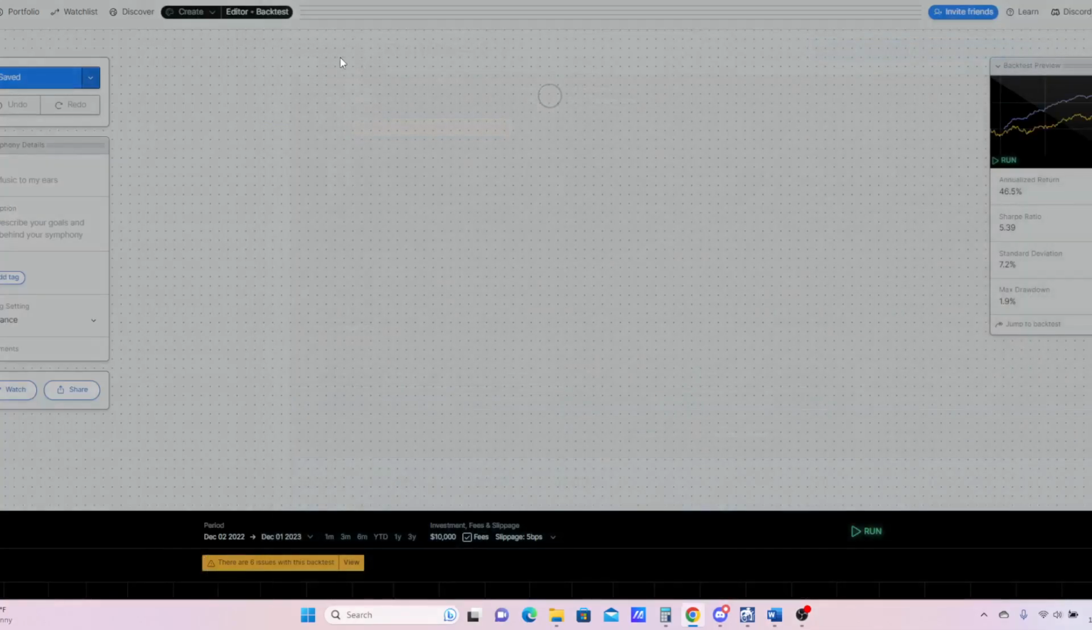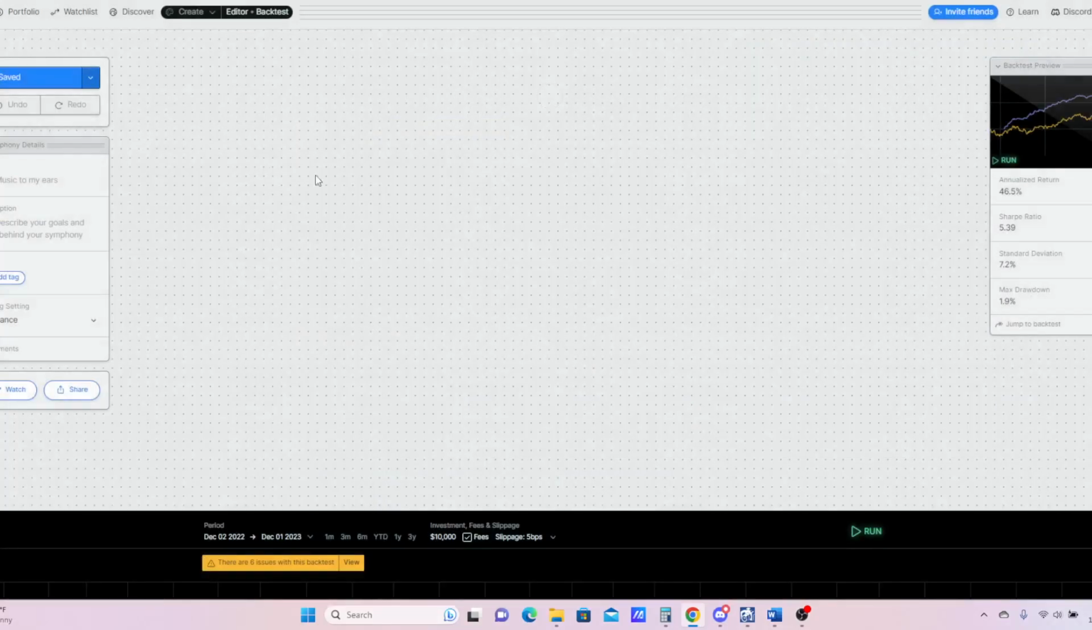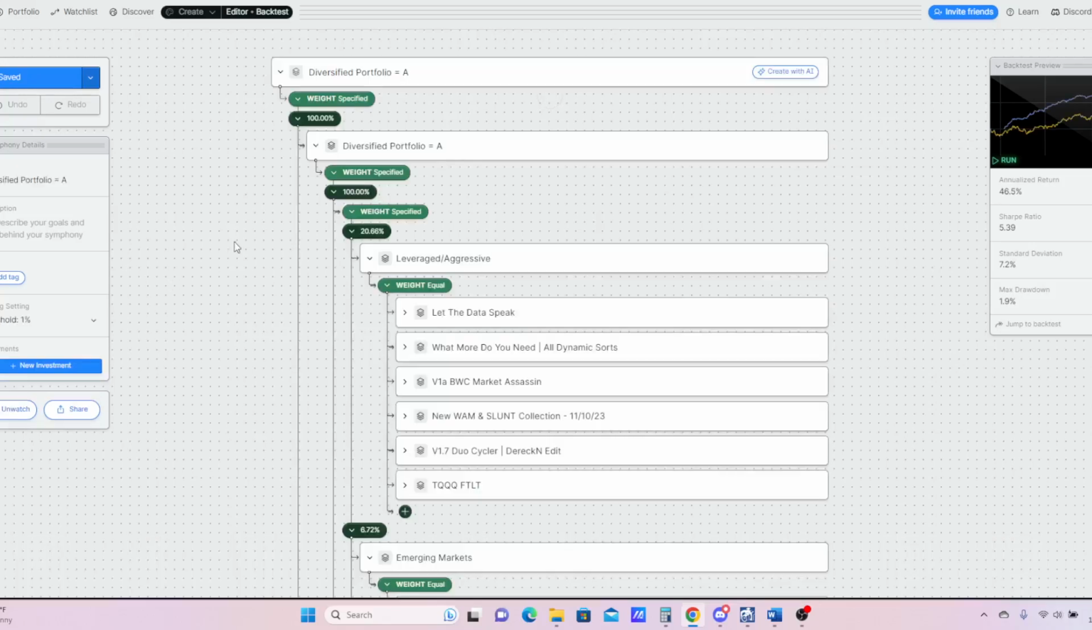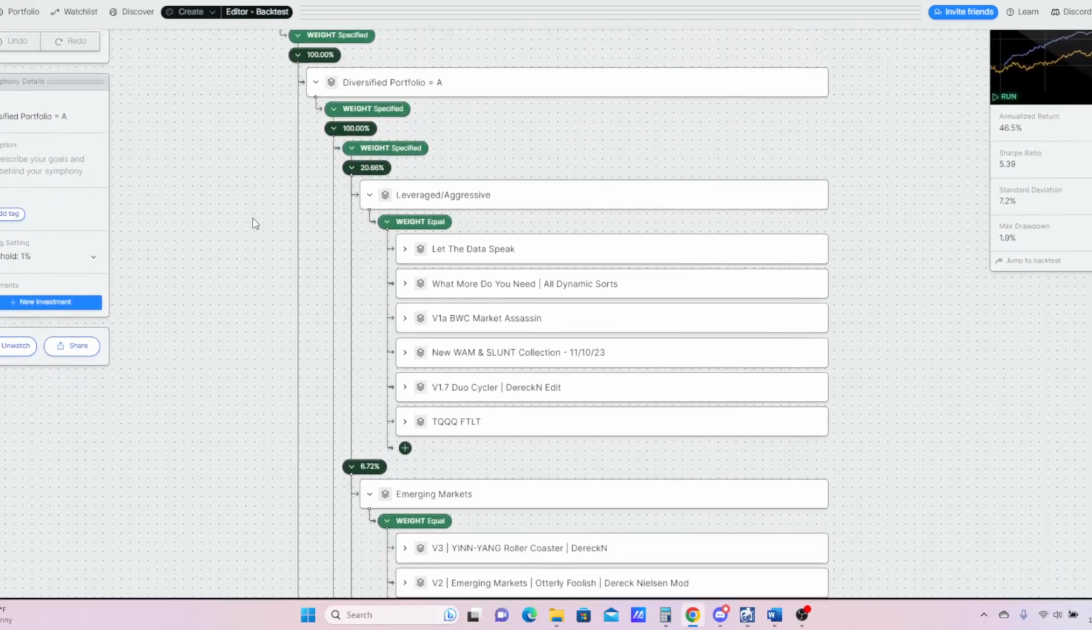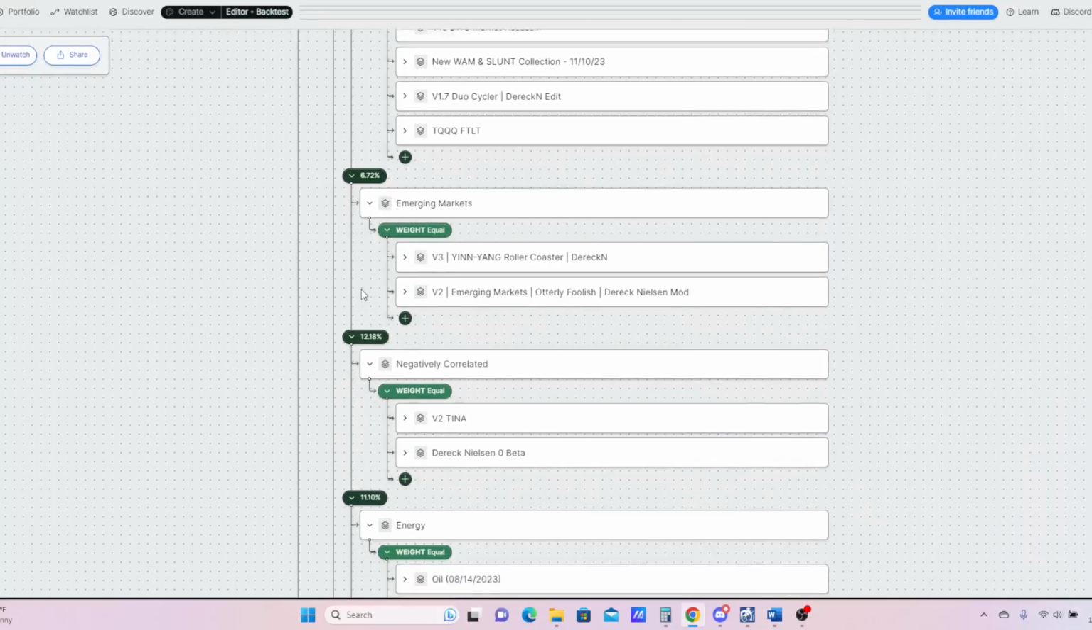The reason why it says equal A, I'll get into in a second, but it just helps me know which symphonies are invested in the portfolio, and they're all labeled in my drafts folder so that I know which ones are in it. So this is kind of what it looks like. So the weightings are specified. So you can see here, 20.6% is invested in these specific symphonies, and then